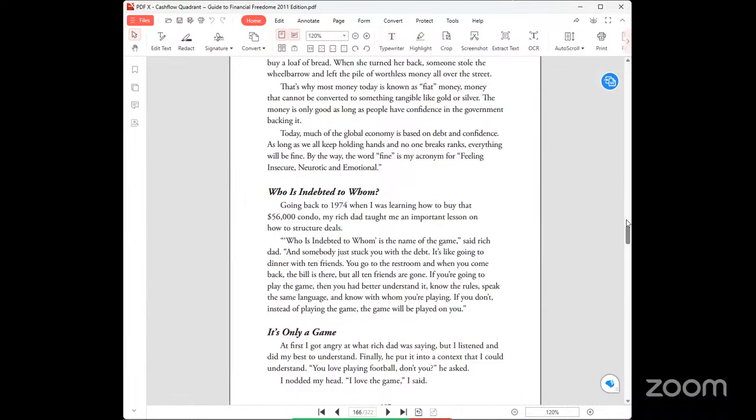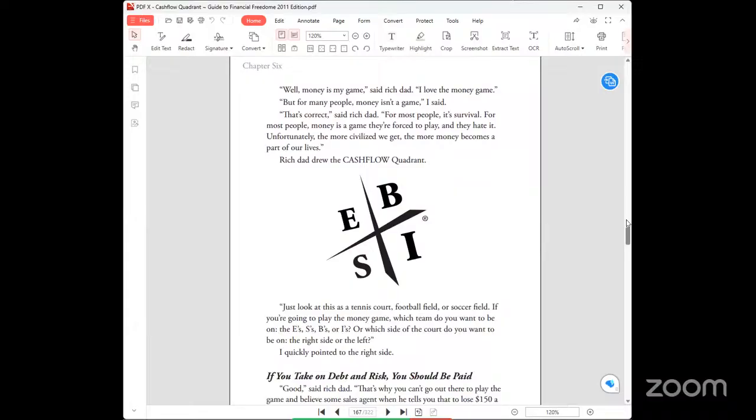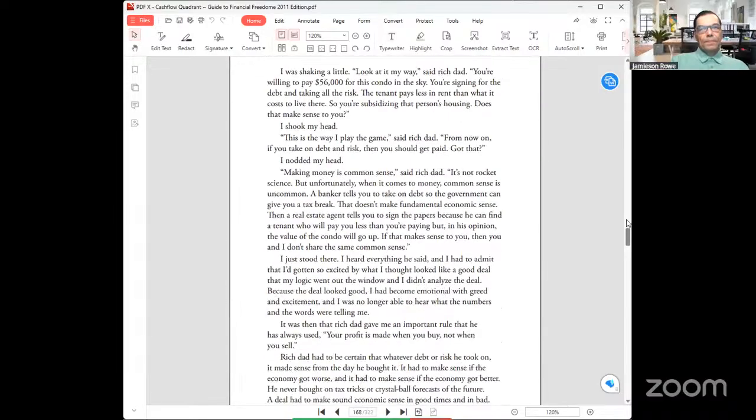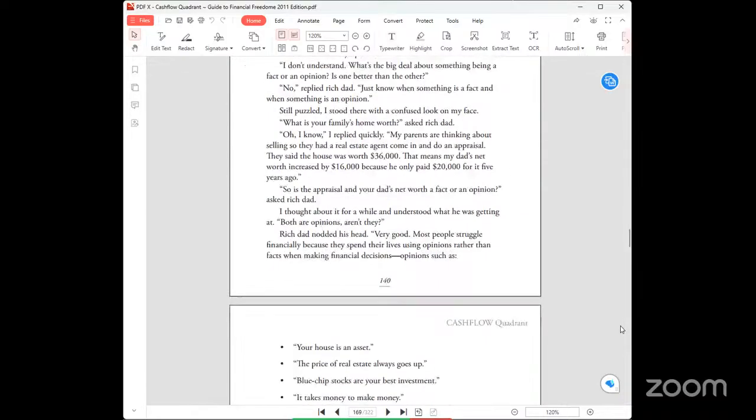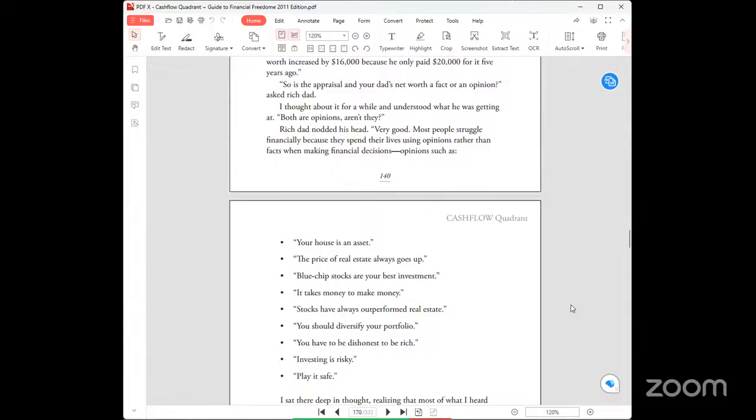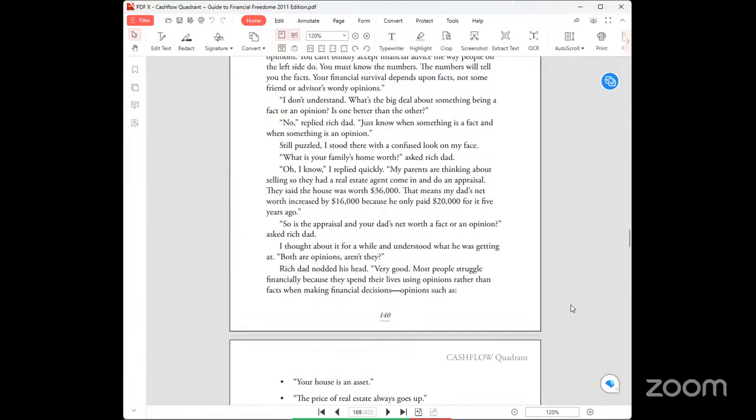Banks rely on other people's money, which is ours, right? And also, banks rely on other people's efforts, which is everyone that works. So if we can understand those two perspectives about money,